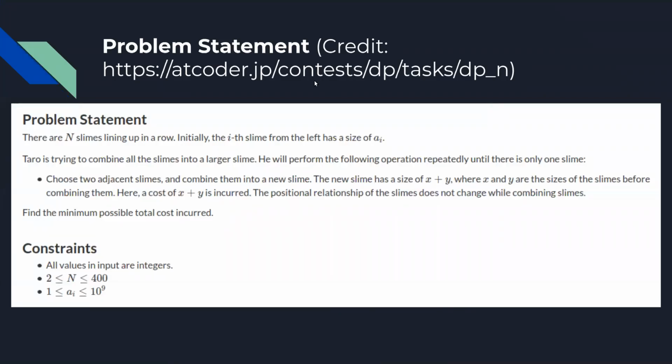So the problem we chose was called n slimes. Basically, you have n elements of an array in a row and you can merge any two consecutive ones, and the cost of that is the sum of their values. Each array element is given some weight, that is its index value. The idea is to minimize the total cost incurred.